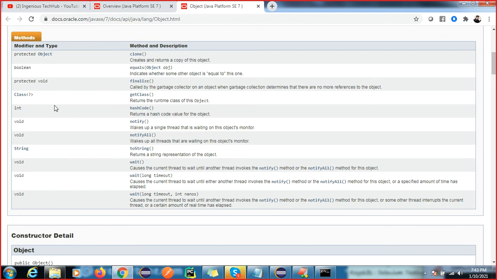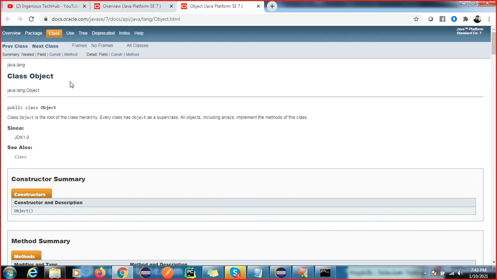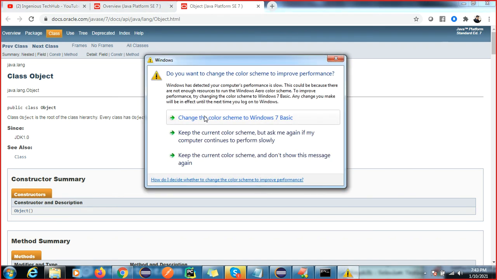If you know the inheritance concept, we use the extends keyword to extend one class to another class. Whatever properties and behavior are available in the superclass, we can use in the subclass by using inheritance. What is inheritance? Inheritance means we provide reusability. If you have multiple classes, how do you make a relationship between one class and another? So why is inheritance required?